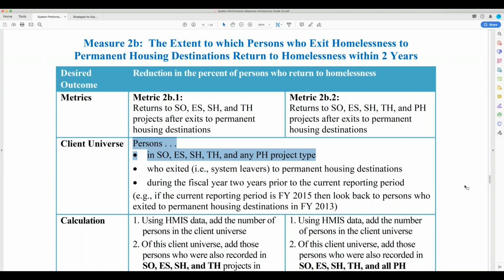Okay, so we have the suggestion of, here's one. Check-ins at annual recertification for households receiving rental assistance. So for folks who are in, for instance, permanent supportive housing, how stable are you at your annual recertification? Have you increased income? Can we check on your stability in all aspects?